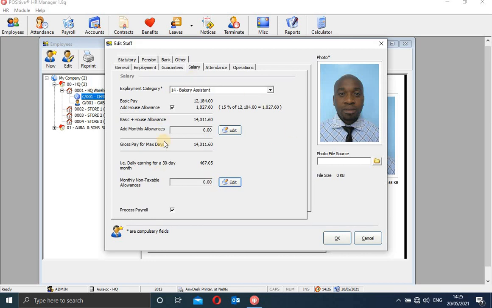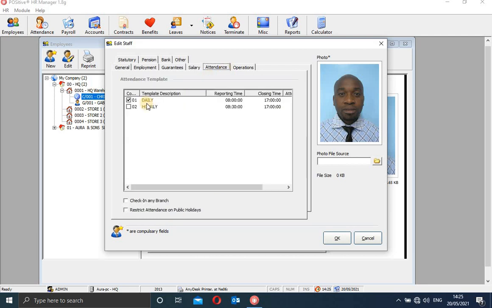Okay, so once you've put this, and then there is a tick here. Most of the time, some of our clients forget to indicate this tick here, and then they call you telling you that, oh, the payroll processing is not working and all that, simply because they've forgotten to indicate here that payroll should be processed by the system. So once you indicate there, you say okay, and then the system picks this information, and every time you process the payroll, it does that automatically. And of course, this tick and this tick have to be there.